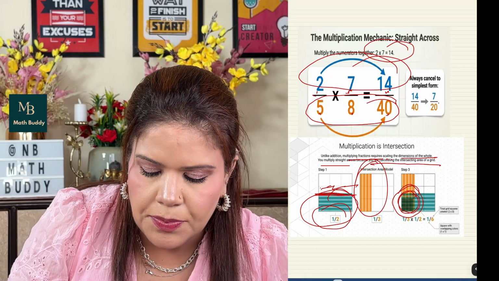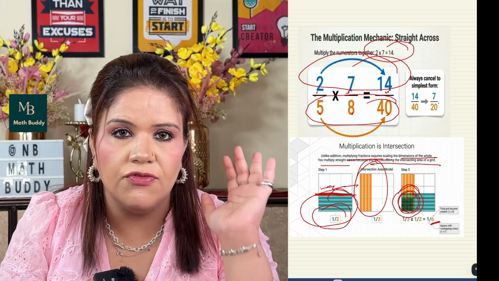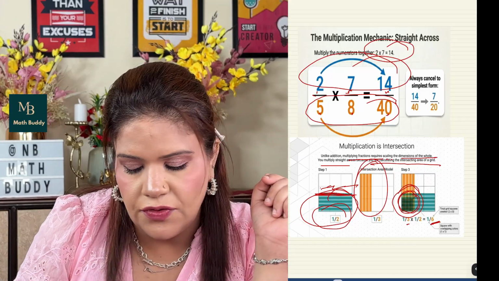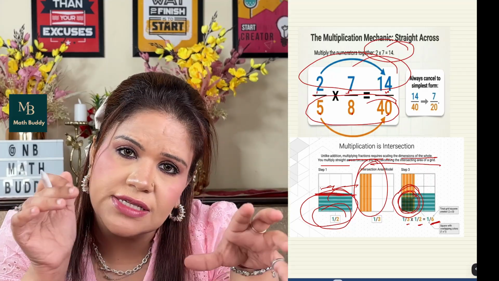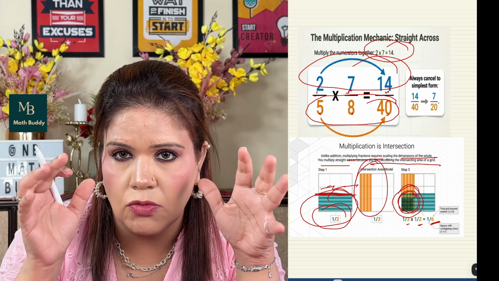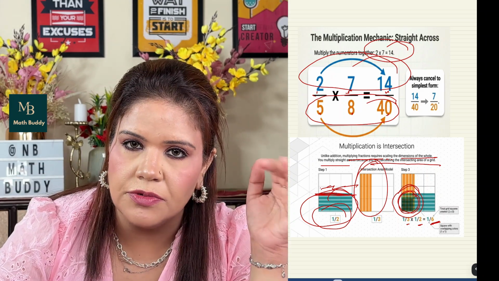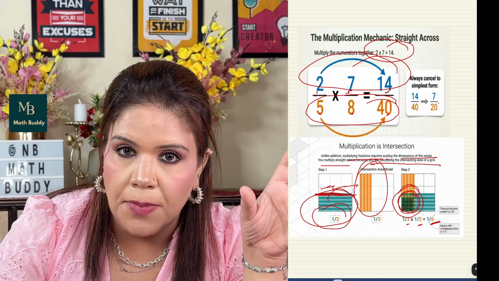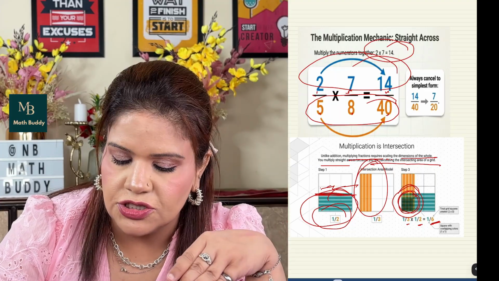Now you tell me, out of 6 pieces, if you are getting 1, your share will be less. If out of 3 you are getting 1, then your share will be less. If I divide this into 6 and you're getting 1 out of it, then you get the least amount. So that's how in multiplication we multiply straight across, top to top, bottom to bottom, but here we are going towards reduction.